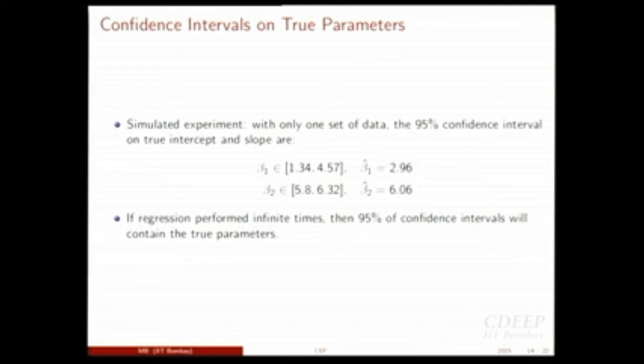Now, what does it mean to say that this is a 95% confidence interval? Is there any question on this? Is the idea clear? How we arrive at this involves some details we are omitting. But the idea here is you not only estimate your parameter, but also say something about the true value being in a certain region. This is your estimate, but I am 95% sure the true value could be in a certain region. So you are giving this interval. These are called confidence intervals.